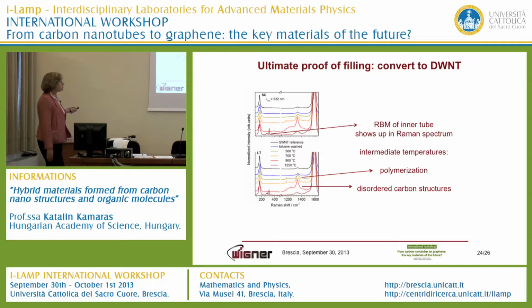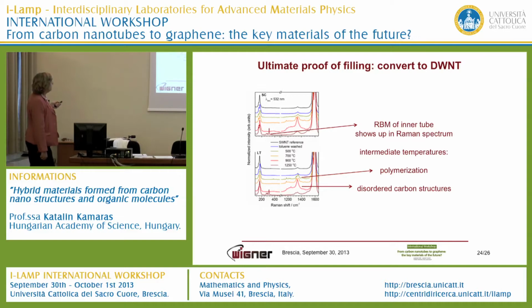to double wall nanotubes, where in the Raman spectrum, this is a so-called radial breathing mode. The frequency of this is inversely proportional to the diameter. So as soon as you have this peak here, you can be sure that, if it's a higher frequency, it comes from a smaller diameter nanotube, and you can basically have your inner tube. So this is the Raman spectrum, but what we did here was we started from this